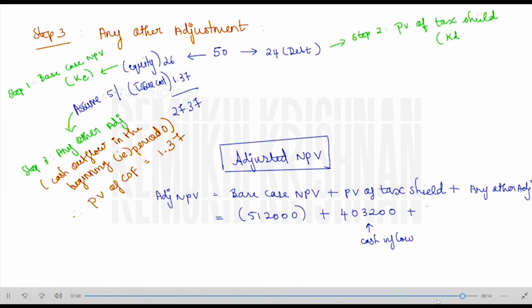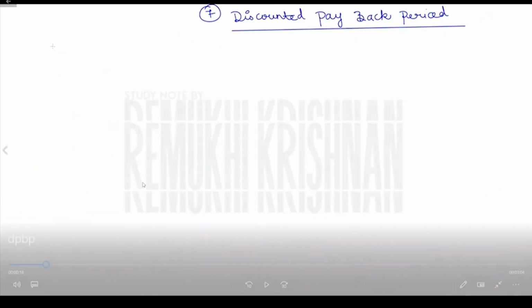Yes. So I am just writing it as a positive without bracket. So any other adjustment is 1,37,000, which is again a cash outflow, which is our cost. So the adjusted NPV is 2,46,500. So will you accept the project? No, because it is resulting in what? Negative. So NPV should provide you with the positive answer. The same decision rule is to be followed here also. So by this, I'm just completing this session.